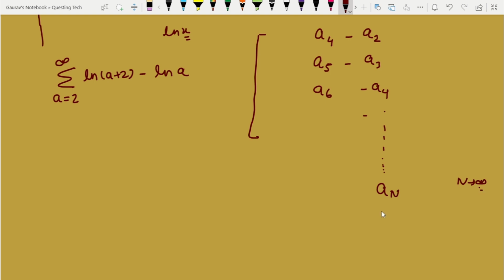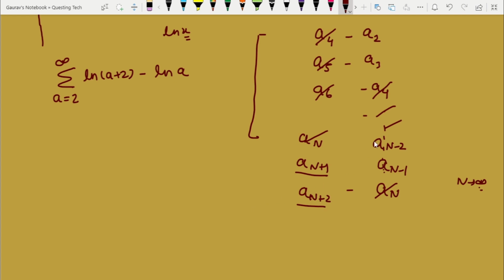Okay, so this is a_n, and what this comes out to be is a_{n+2}. This is a_{n-1}. This comes out to be a_{n+1}. And this is a_{n-2}, and this comes out to be a_n. So this 4 is cancelled out by this 4. 5 also gets cancelled out. 6 also gets cancelled out. This a_n also gets cancelled out, but this a_{n+1} and a_{n+2} are